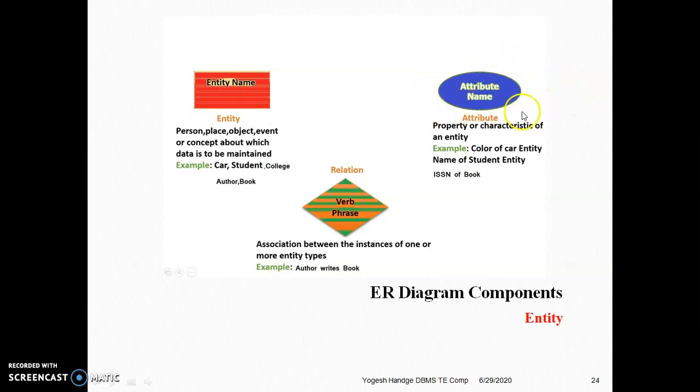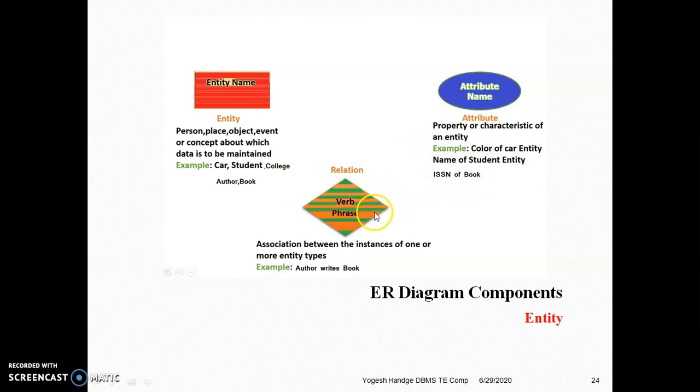Oval notation, the oval symbol, is used for an attribute, a property or characteristic of an entity. Example: color of car, name of student entity, edition of book entity.